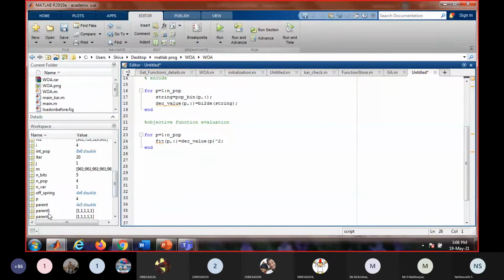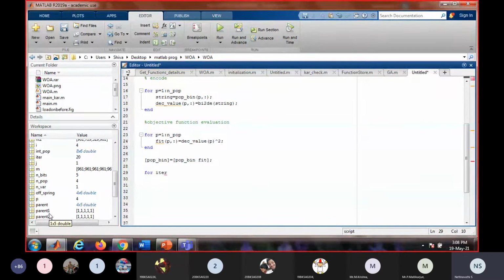Okay. Next, let us save it in one array called pop bin, which will have the population as the first, and then our crossover and mutation operations.